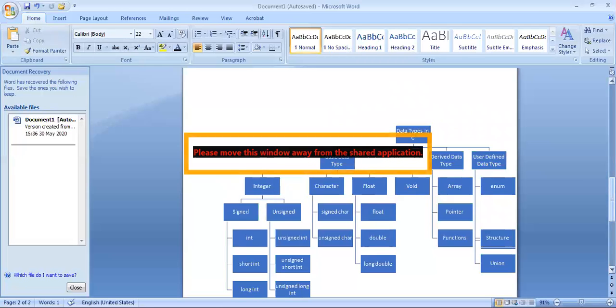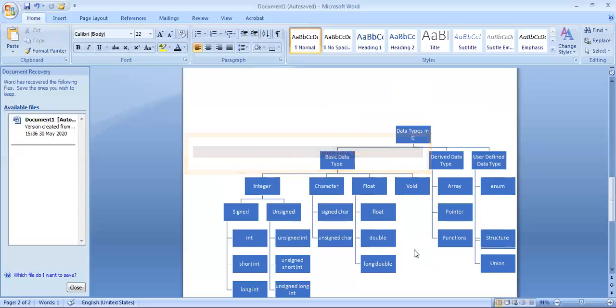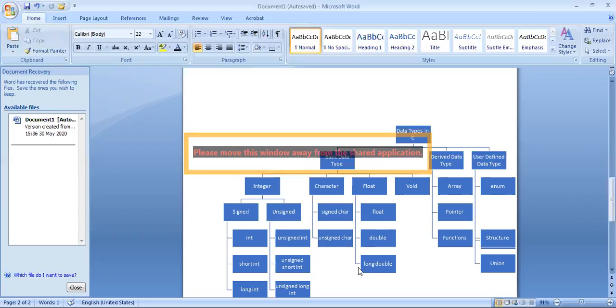So before that, we would discuss float and void. Floating data types are used to represent real numbers. And again, the division between float, double, and long double depends upon the precision. The accuracy or the precision of the floating point number can again be subdivided, with float having the lowest precision and long double having the highest precision. Next we come to void.